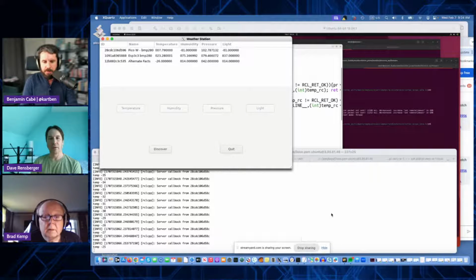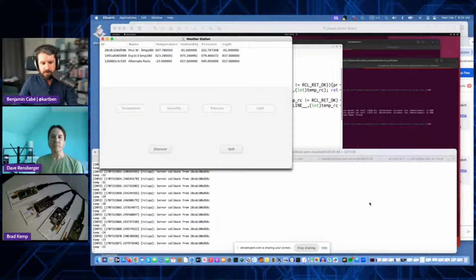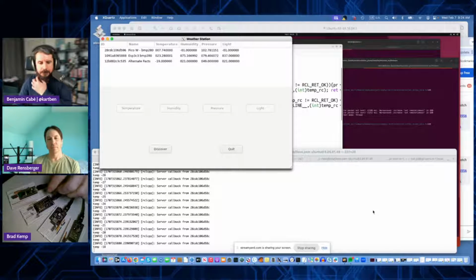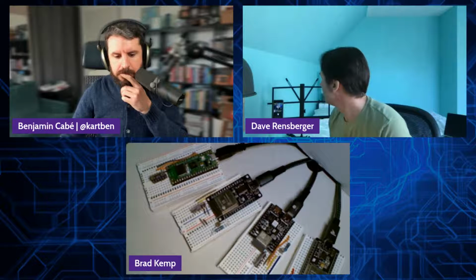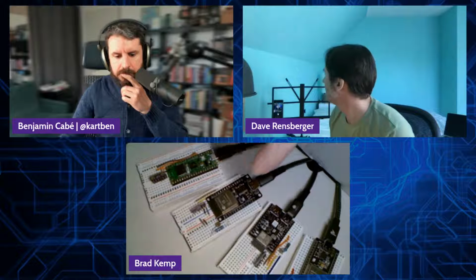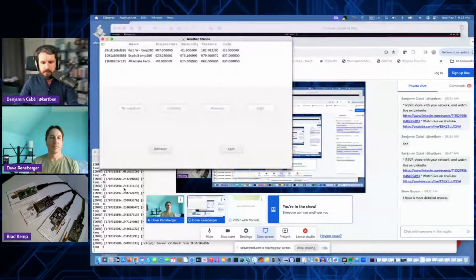Yeah, Brad, I'm putting you on the screen. Maybe if you want to show us the device. Okay, so I'm going to change to my devices. Here I have a Pico W with a BMP280, an ESP32 with a BMP280, an ESP32C3 with a BMP280, and an ESP with an SHT40. There are some photoresistors, GL5526s and 06s. But what you're seeing here is three different CPU architectures: ARM, Xtensa, and RISC-V. So I will turn them on, and if we can bring up Dave's GUI, or Dave's screen,